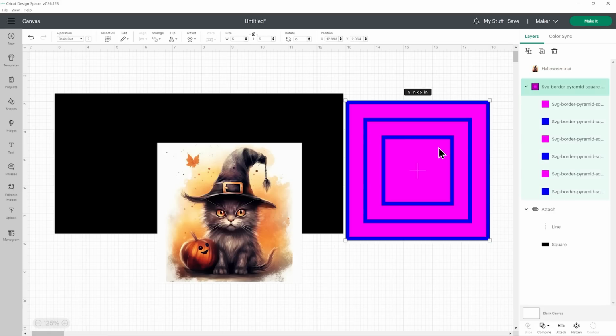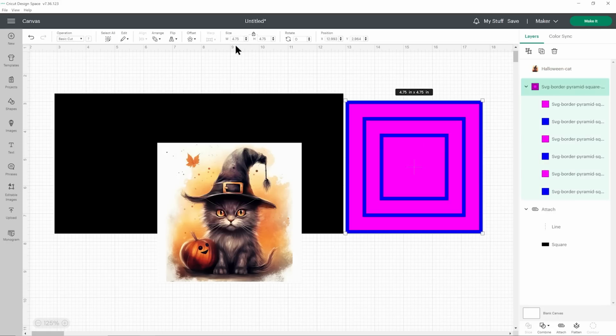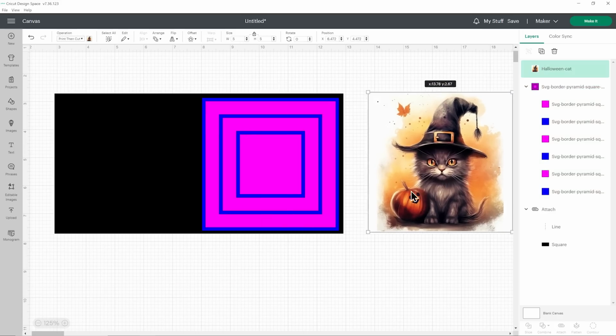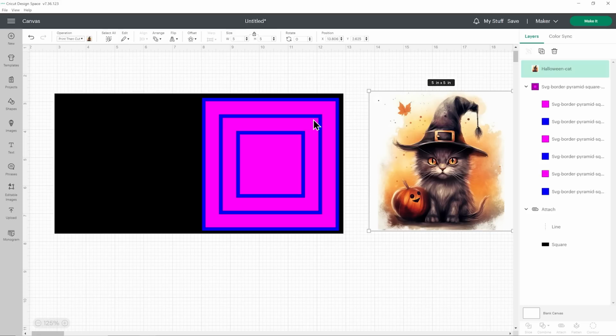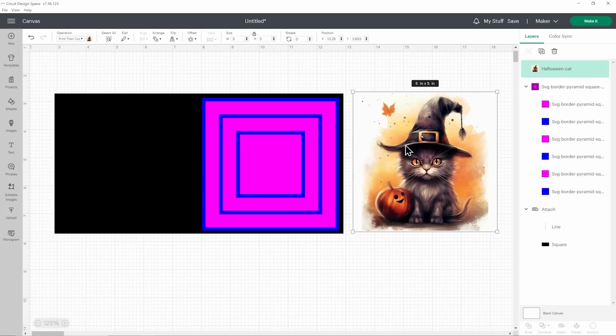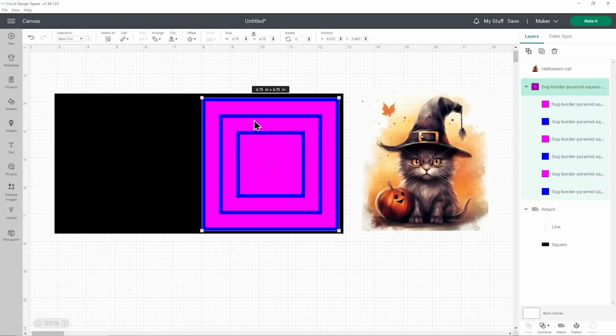First, I need to resize this to go on my card. I'll only make it a little bit smaller, so let's go 4.75 inches. And now that's going to fit on my card front. And there'll still be a little bit of black around the edge, but then you'll be able to see my design nice and big. And then I need to put this over my design here to get it the right size. You see by clicking on this group of all the layers the size that it is, 4.75 inches.